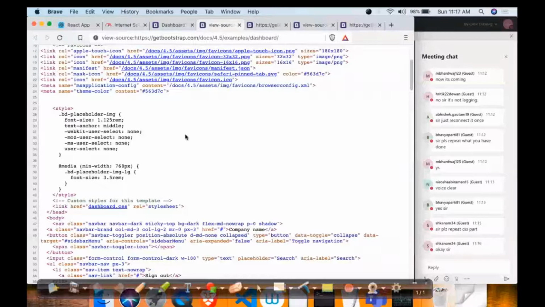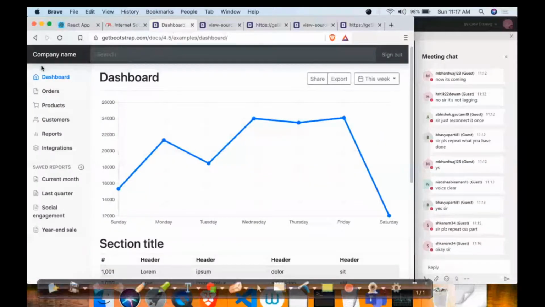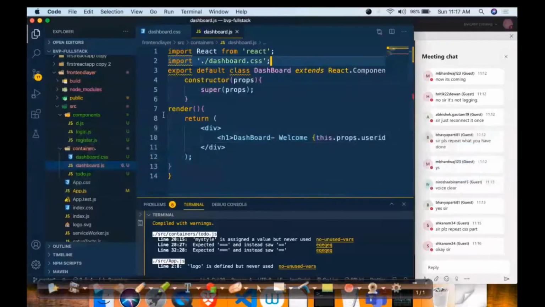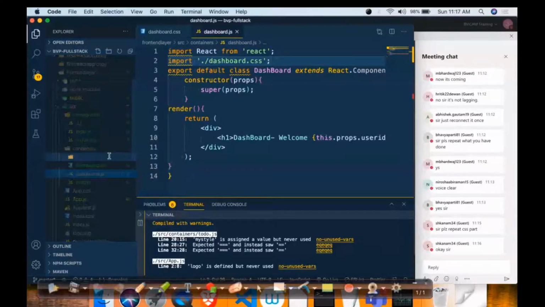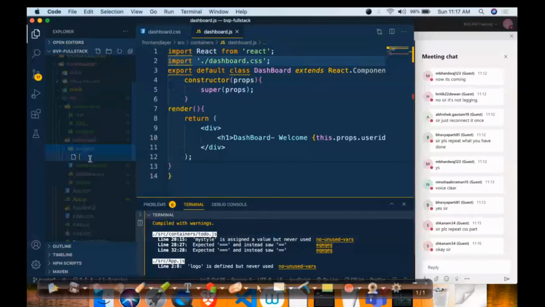Here we are. And if we see closely, we need to see it is using some nav tag for the navigation. So you need to understand it is a navigation, company name and all of the stuff, right? So I go to this view source section, and it is saying it has the nav section. So I just copy this nav section, and in the dashboard, I create a folder called widgets, right? So I just create a folder called widgets, and inside the widgets, I will create something called